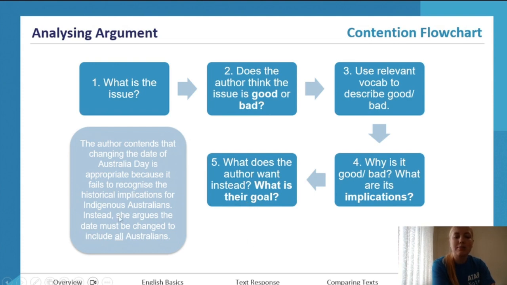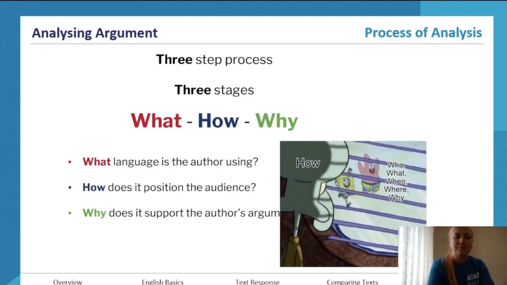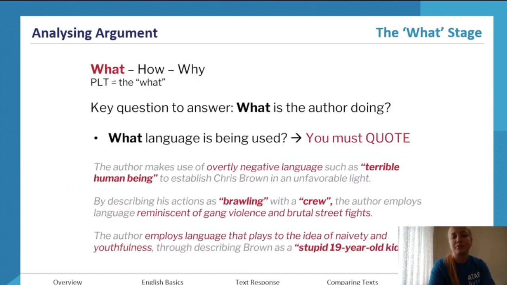Wonderful. You can absolutely split your contention into two sentences as well if you so wish. Wonderful. Flashback, just read it again. Not going to go through it. You can on the broadcast go back to the beginning when I ran through the what, how, why process, but we will look at examples of each step being done.